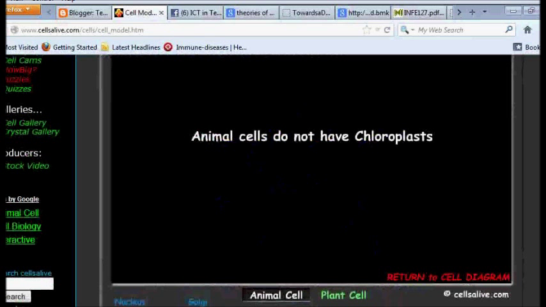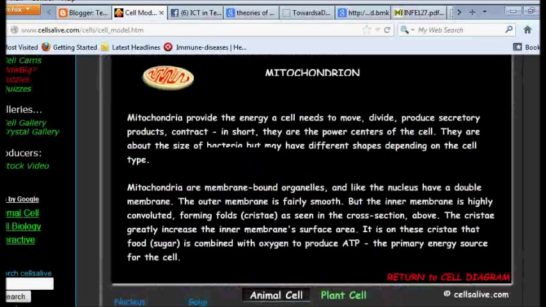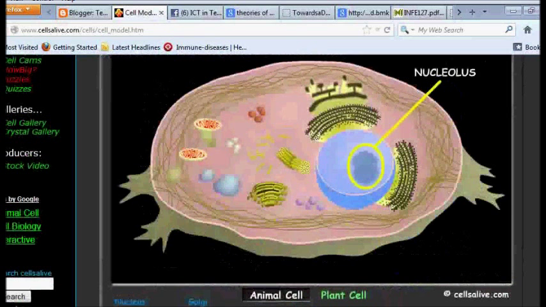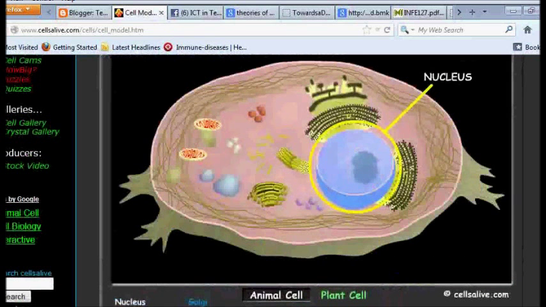Now mitochondria. This will show you what mitochondria is, how many are present, and what this organelle does in the body. You can start with the major component, nucleus. In the animal cell, it's here, nucleus, and in the plant cell, it's here, nucleus. You can also